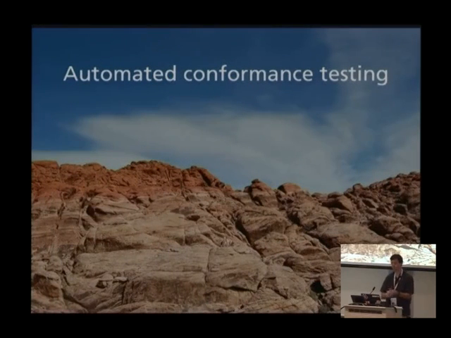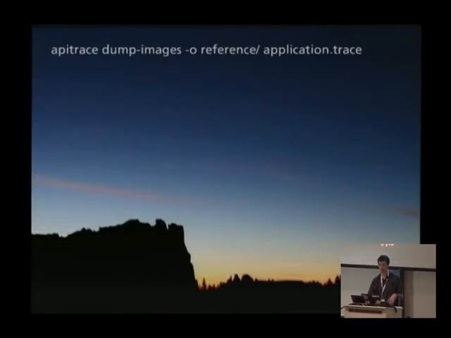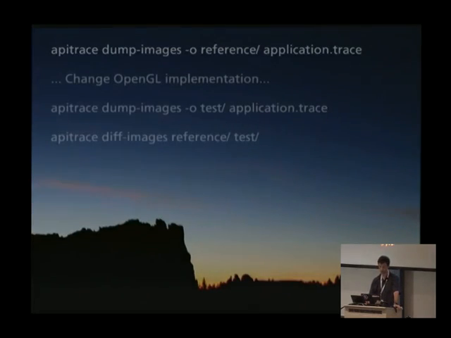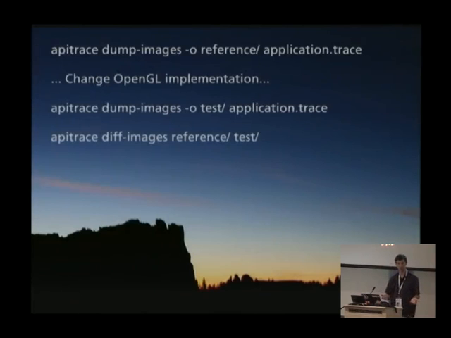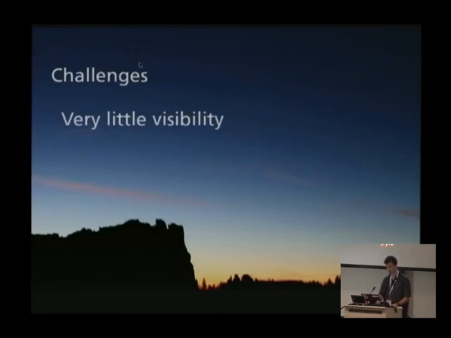Conformance testing. API Trace has a mode that you can run through, and this has, I think, been primarily useful for developers of an OpenGL implementation like us. You can feed it a trace, and it will dump images for every frame of the trace out to a directory, this reference directory. So then later we change our OpenGL implementation. We can then,